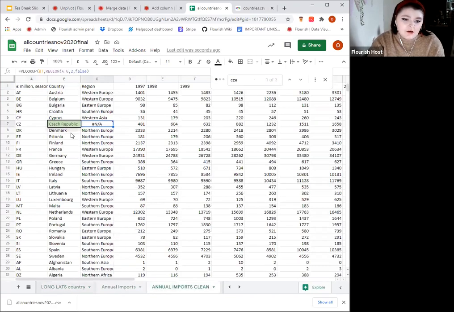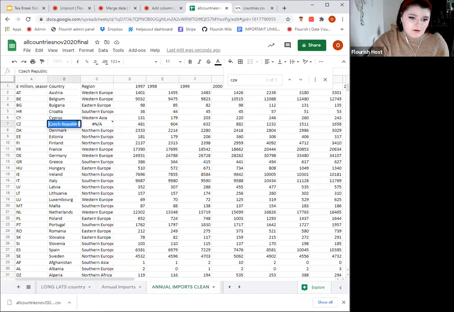So in here, you can go and change that if you want to. I could just copy and paste that. Oh, I could probably put Czechia actually, because that's the new name of it. And there we go. It changes to Eastern Europe because it's found that common name. I can pull that value in now.